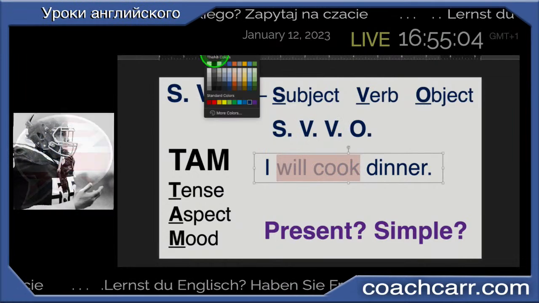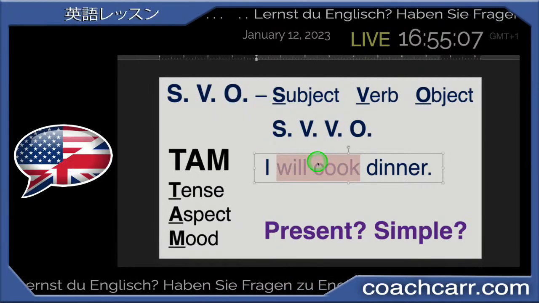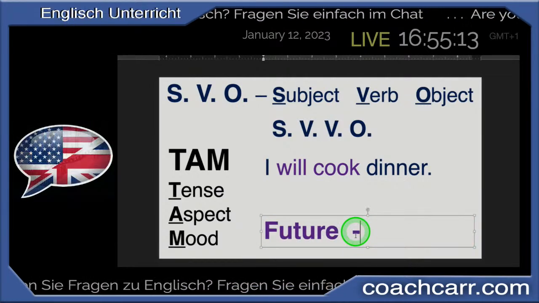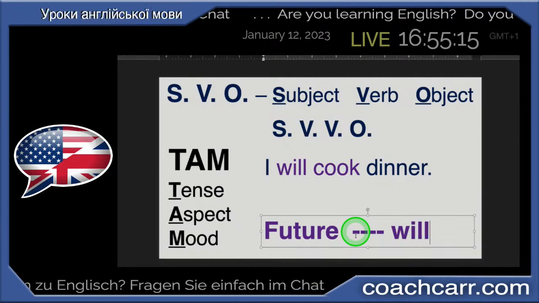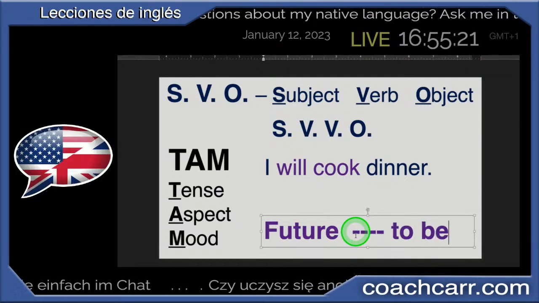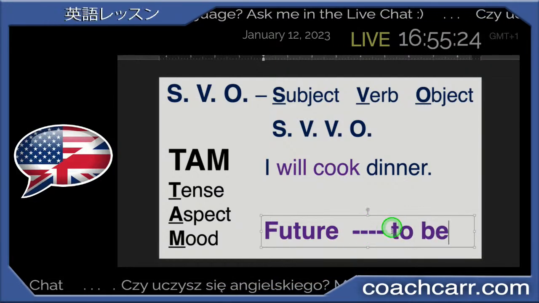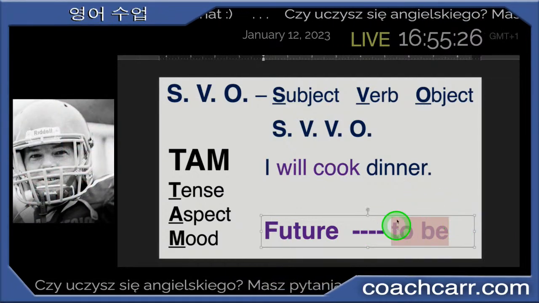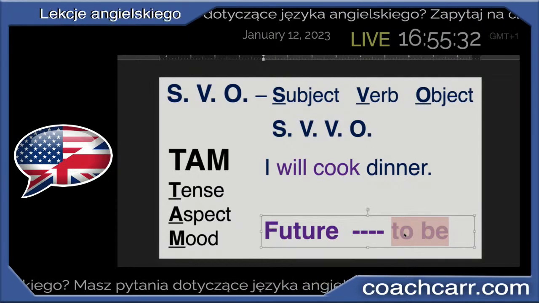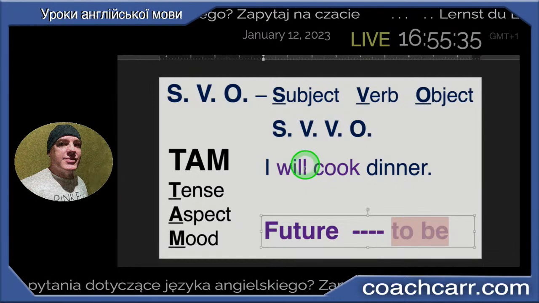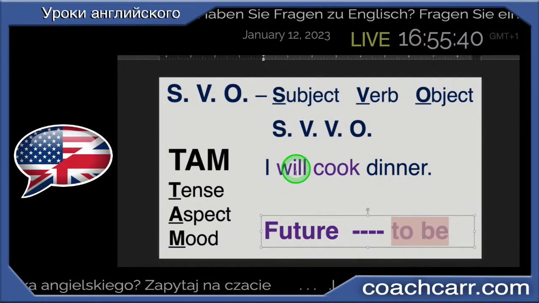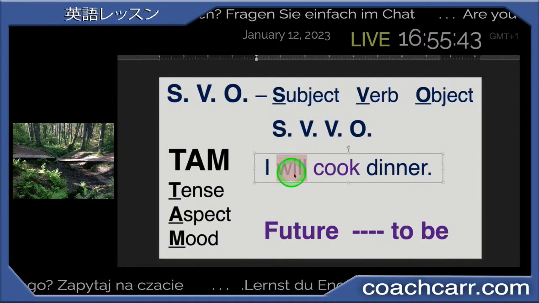I will cook. I will cook dinner. Now we're talking about the future. And we get that from that word, will. And that is a conjugation of this verb here, to be. This right here, this verb in English, this is really the only verb in English that has future tense. It's the only verb that will change its spelling, that will change its shape, the form of it,